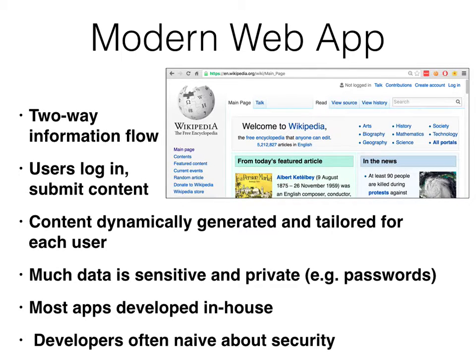So in a modern web app, you've got information, people are logging in, submitting content. They're all seeing different web pages dynamically created based on their cookies and history with different ads. It's taking stuff from all kinds of servers that you don't control, like the advertising networks, and putting in stuff that hasn't been properly filtered. And people are constantly developing new features and rolling them out, and most of those developers don't know anything about writing secure code, which is not really their fault, because there's no college program anywhere you can take that teaches you to write secure code, as far as I can tell, and that's what the Netflix security expert told us